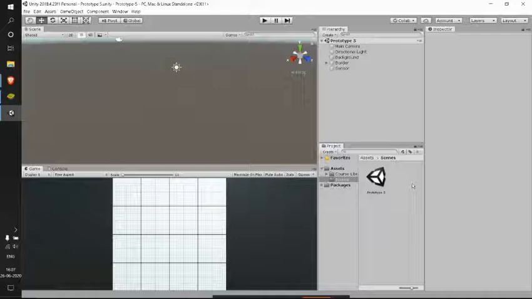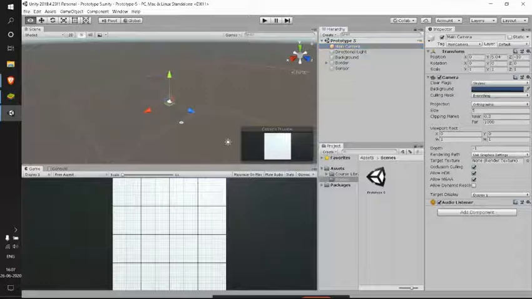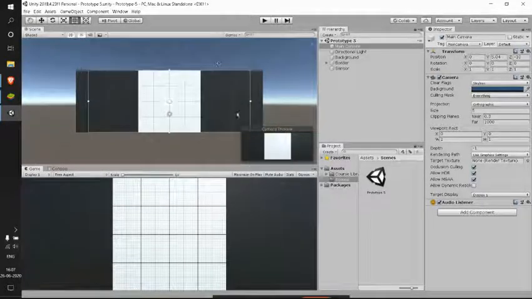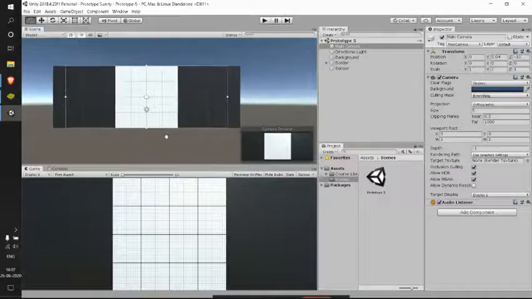So coming to this fifth prototype, see, we have something in our game view, but we are unable to see anything on our screen. But looking towards the main camera, we have something like this. So this is a 2D game. We'll be able to see that better when we have 2D mode. So here, let's click 2D and see. Now we are able to see this in a better way, and see, we don't have any axis here.